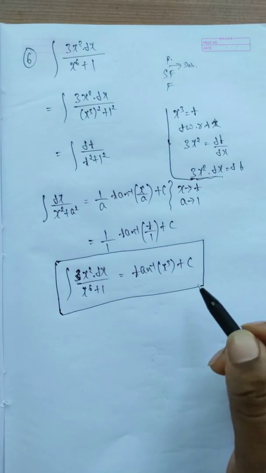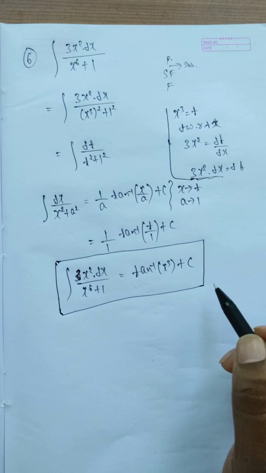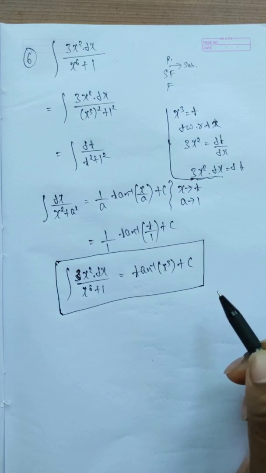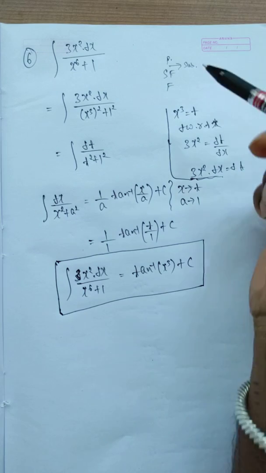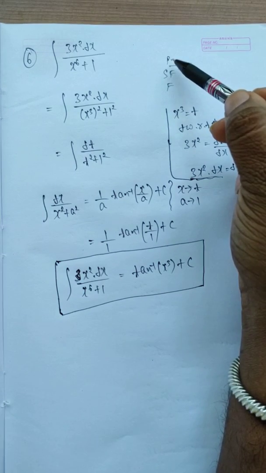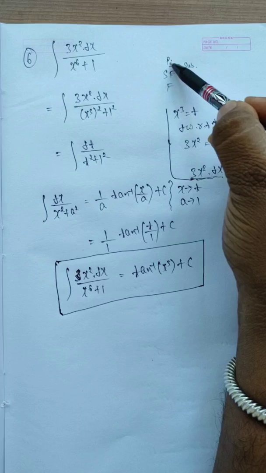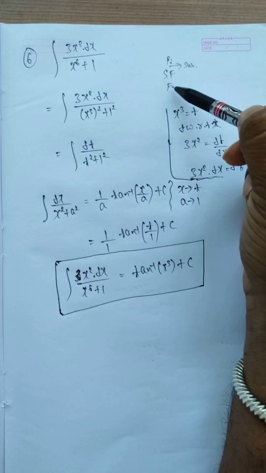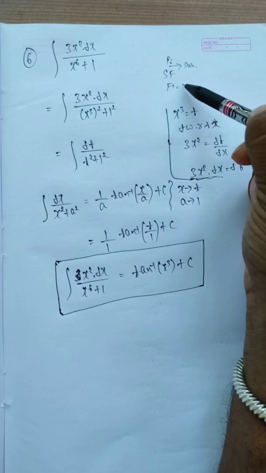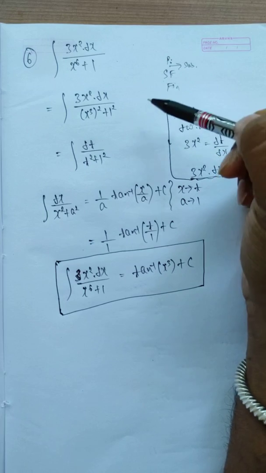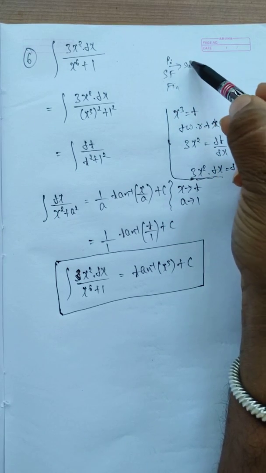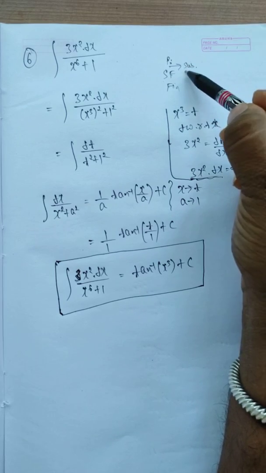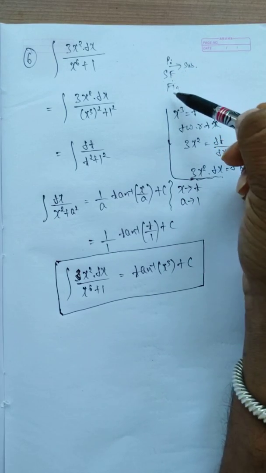So what we are doing, the problem is the same, nothing changed. We are adding one more step in the problem. Here we change to a perfect square and compare with the standard form and write the final step. After changing to a perfect square, we use substitution, and then we compare with the standard form and write the final step.